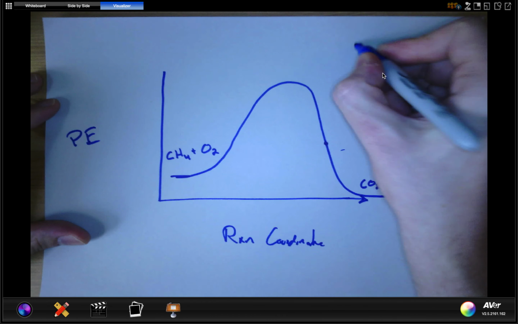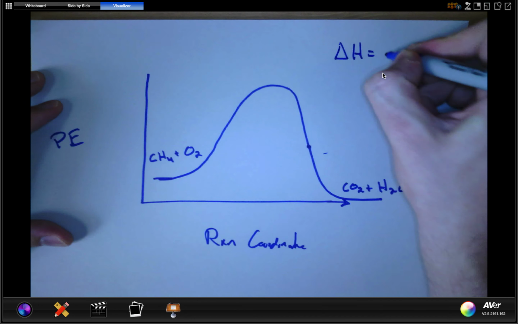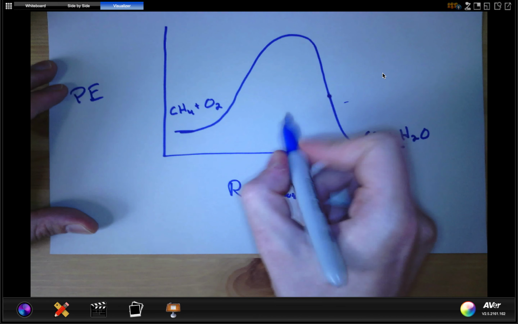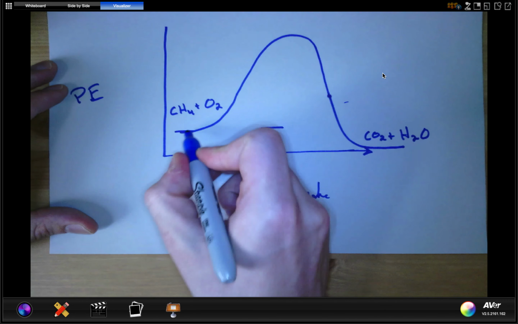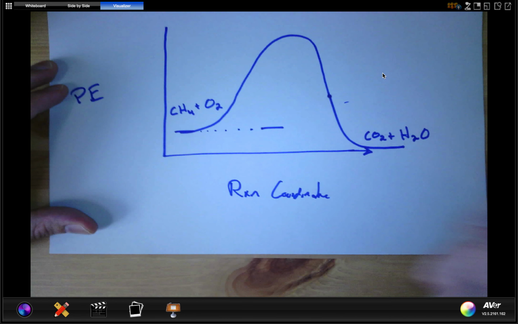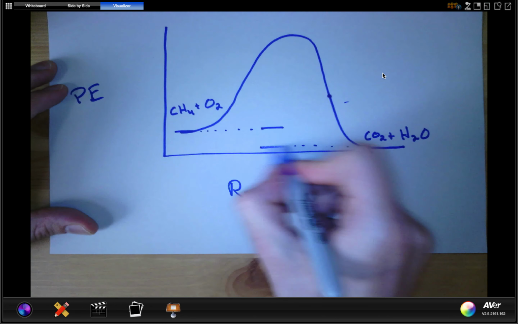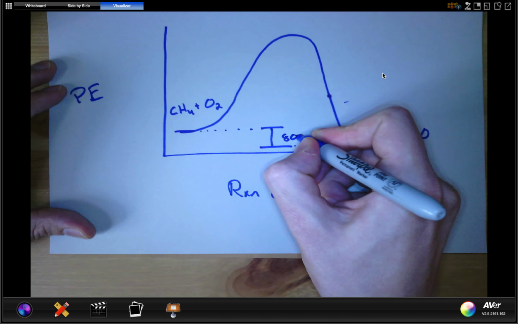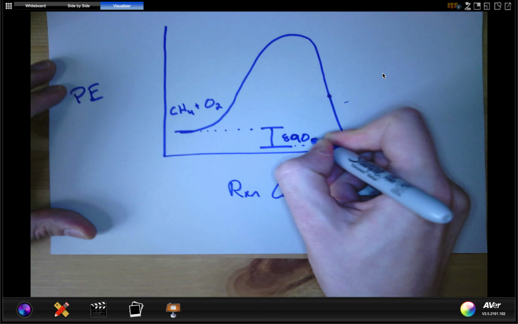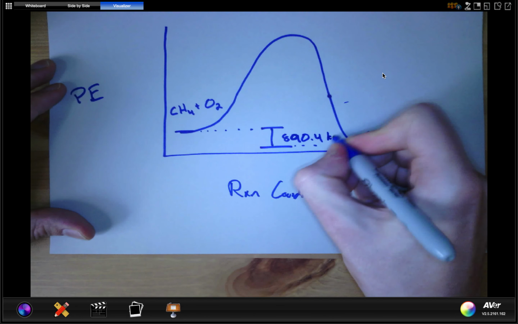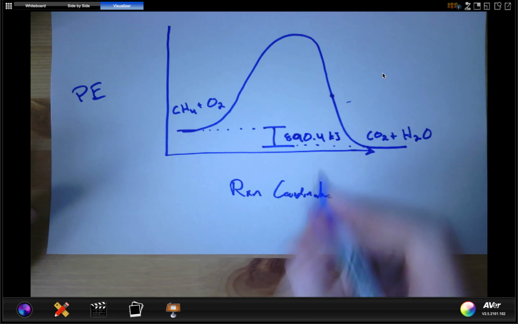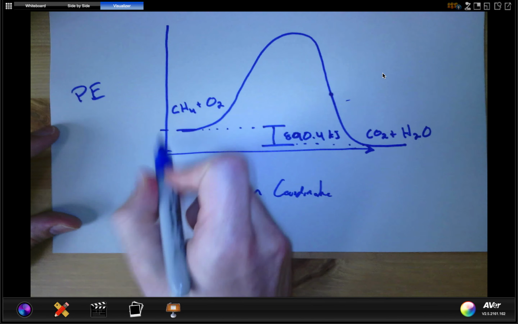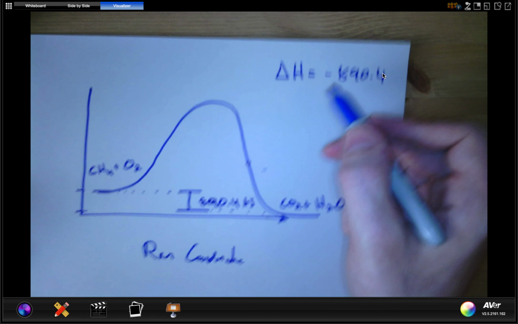So since my delta H is negative 890.4, I know that the difference between here and here is 890.4 kilojoules. So that's the difference there. Now, I'm not sure what the exact numbers are to start and end, but I know the difference is 890.4